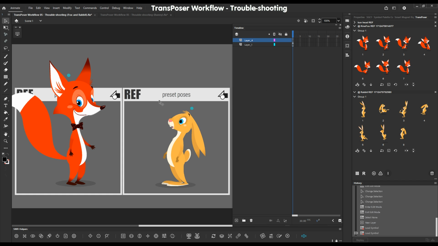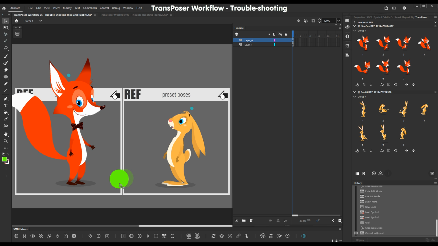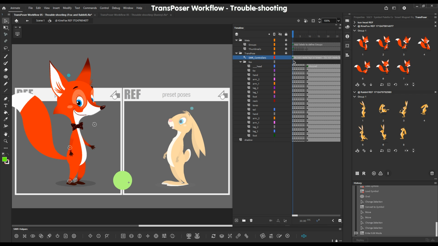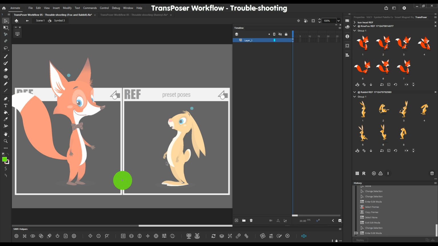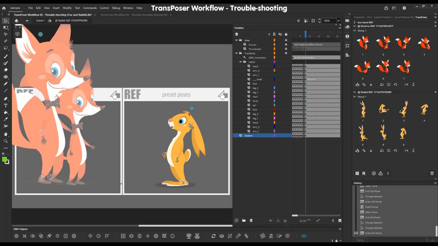Let's repeat this exercise by creating a blank new symbol, like really a blank new symbol. Just draw a circle, convert this to a graphic symbol, and this will be our future animation symbol. So go inside the ref and copy the instances of the fox. So Ctrl-Alt-C. This will carry over the ref info and paste them here, and then go inside the rabbit symbol, Ctrl-Alt-C, copy these instances,